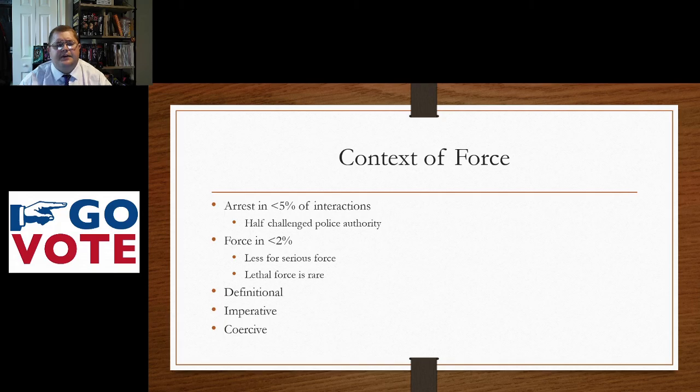There are a couple types of verbiage that police can use. First is definitional, just trying to figure out, asking questions, what happened in a particular situation. The next is imperative, where they are giving lawful commands. And then last is coercive, which is do this or else. We'll look specifically at the force continuum in a couple slides, but these are three types of communications that have been defined relative to police behavior.